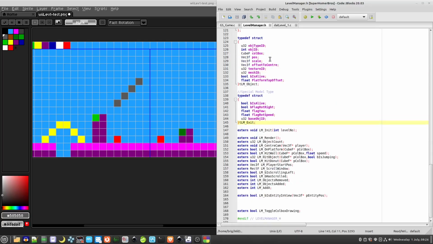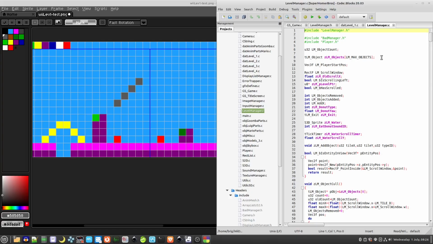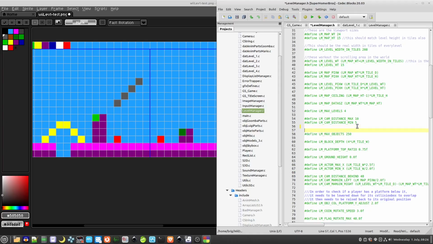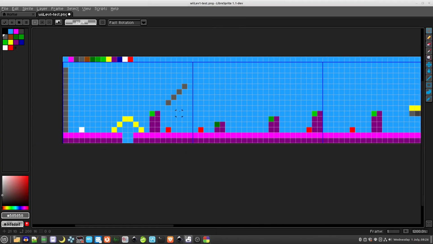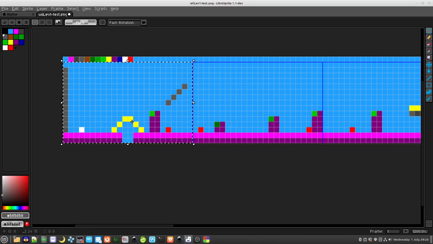So if I just jump into the LevelManager code itself. There we go, this is it here. So this size is just a size that I plucked out of the air, but it's loosely related to the amount of pixels in this area here. So I think initially the